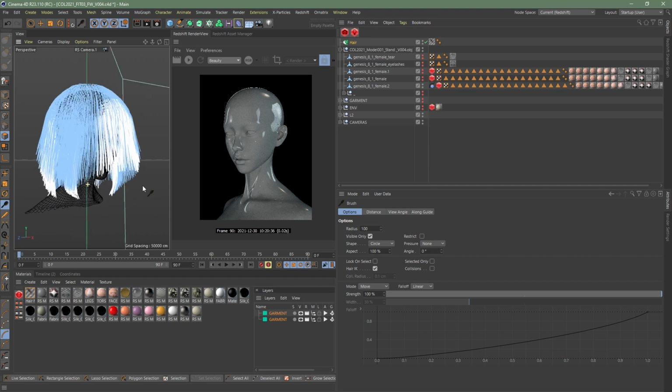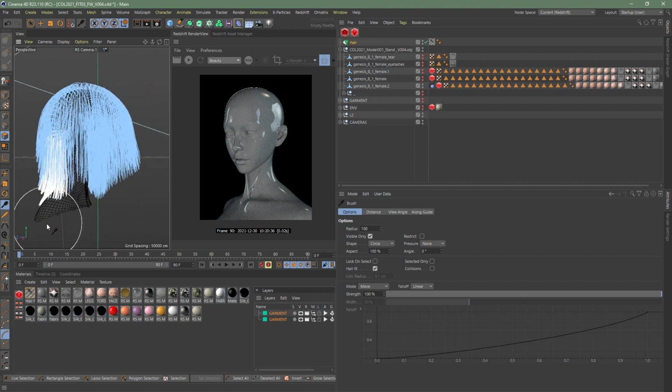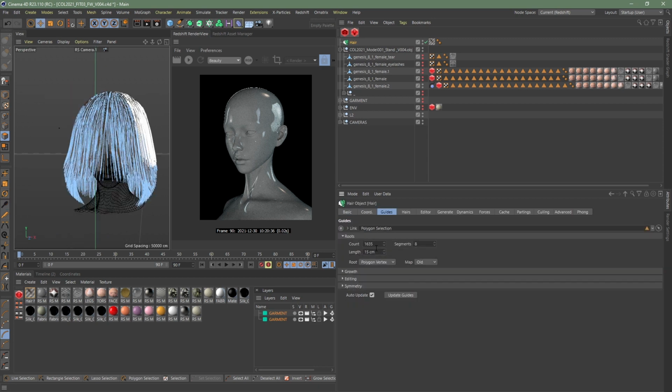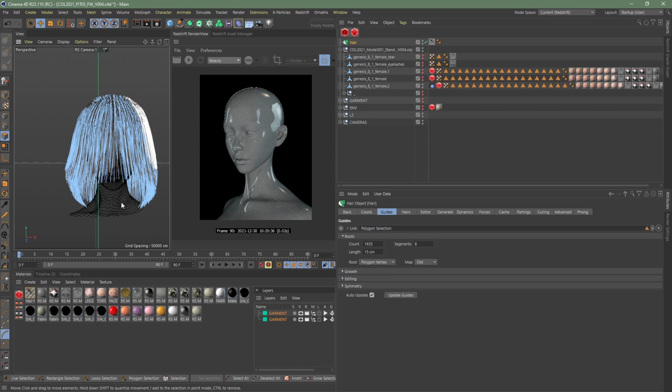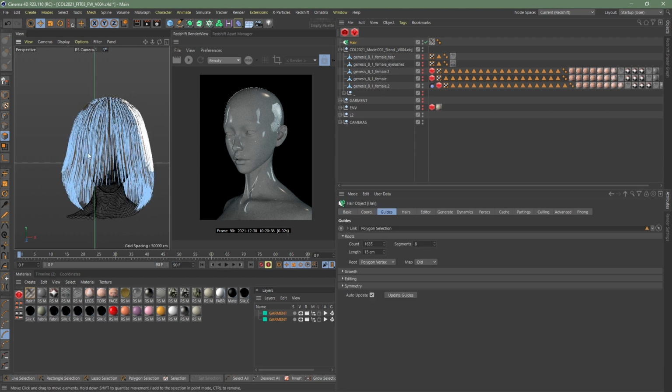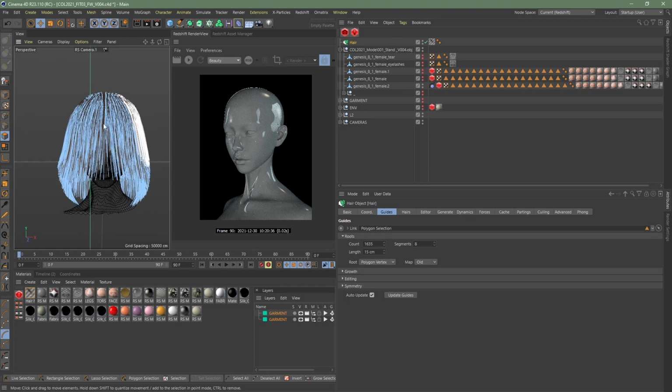There's a lot of back and forth, a lot of testing out and trying things. But our guide's only at 1635, and that's based on the vertexes. All right. So now, in order to get a sort of straight cut bangs here, in order to, this is